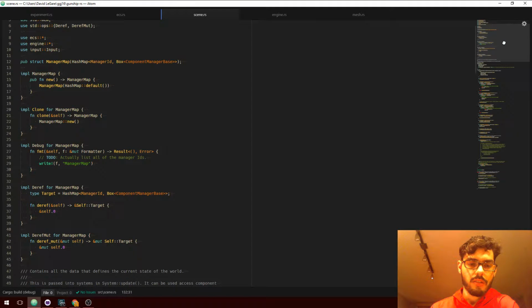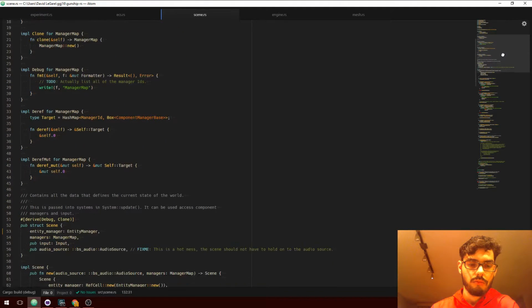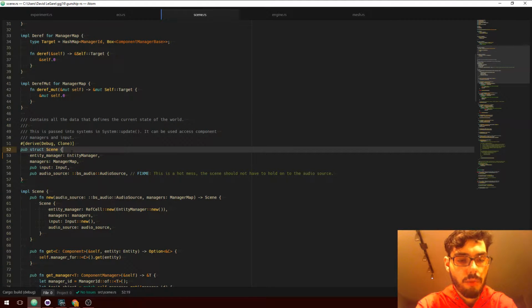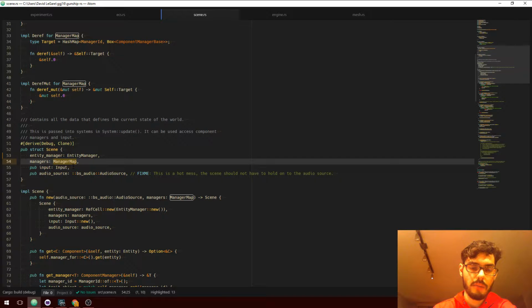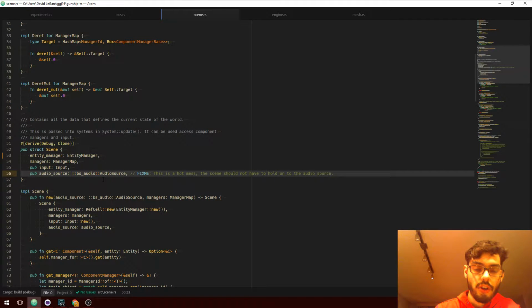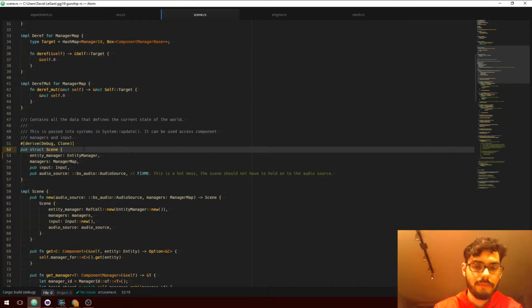When I wrap the scene in a mutex, it forces me to synchronize access across all of these various things. So I've got an entity manager, I've got a manager map, which is also just another example of things being potentially troublesome. I've got the input manager, I've potentially got an audio manager, including a nice big old fix me on top of it.